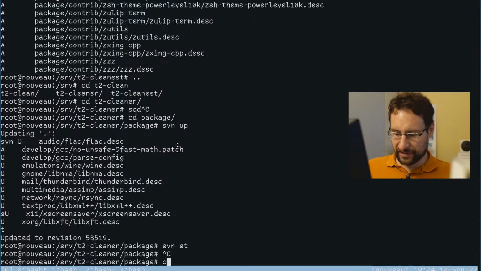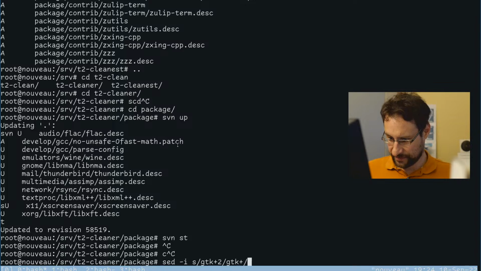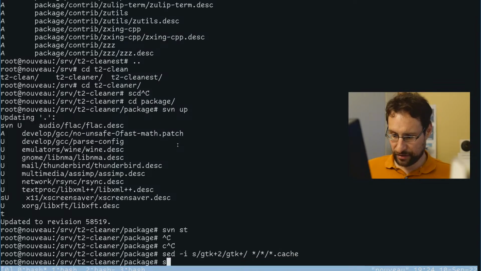So let's fine tune that a little bit. I think it's already an improvement if we simply sed all of GTK+2 to just GTK+ in all of those dependency cached files, because they're simply old.